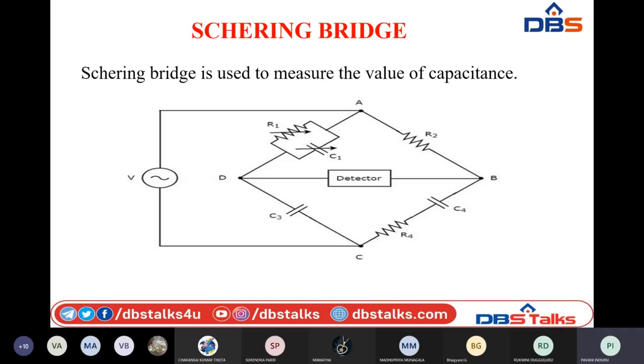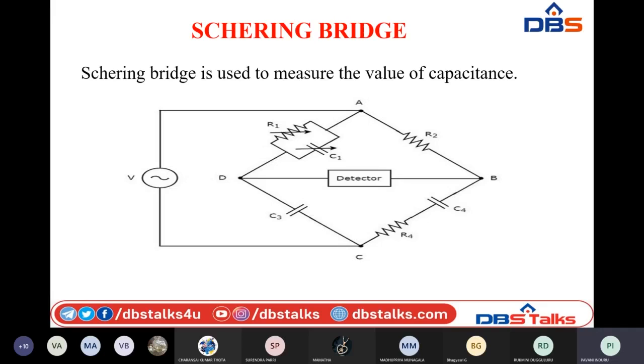The only variation between the Schering bridge and Maxwell bridge is in the construction, which is mostly the same. In the first arm we are going to use R1 in parallel with C1. In another arm we are going to use R2. Here the construction will vary for Maxwell's bridge and Schering. On the third arm, we are going to place one standard capacitor C3, and in the fourth arm, we are going to place one unknown capacitor C4 or R4. That means Cx or Rx.